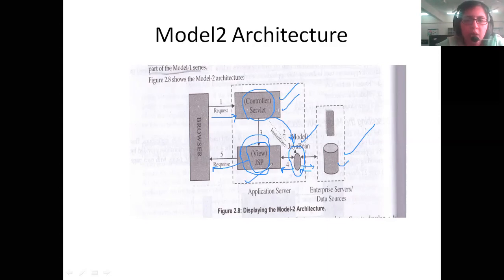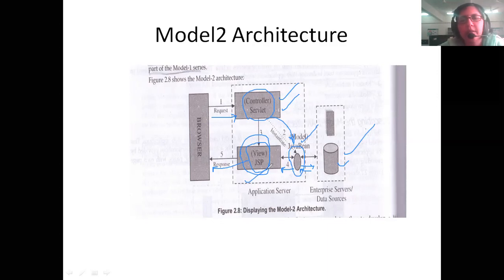One is the model part, which is the data handling module. The second is the view part, which is the JSPs. And the third one is the controller part. So this is the most established architecture that is used in the industry. It is a very, very important topic, not only from an exam perspective, but also for company interviews, or if you are planning to come up with a web-based application, you can try to follow this architecture.